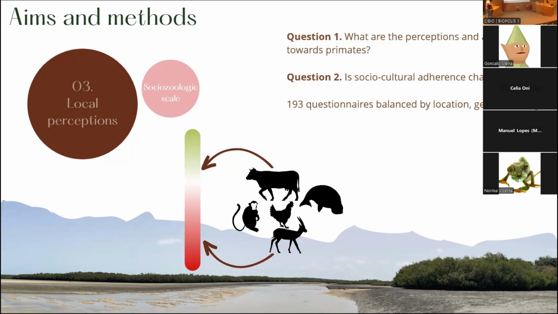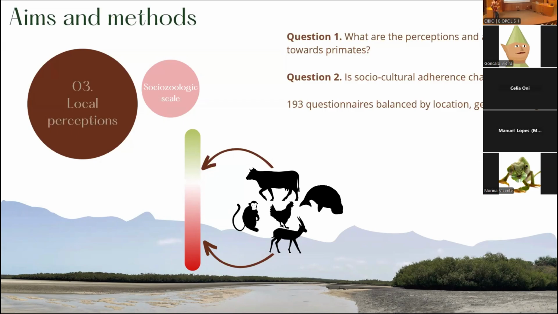So part of my work was also to look at the local perceptions, basically focusing on perception and attitudes towards the primates, but other species as a comparison. And to understand if social cultural adherence is changing, in the sense that if it's changing, maybe that passive conservation that they have in their social cultural repertoire is going away, is disappearing because people don't care about it anymore. So we did some